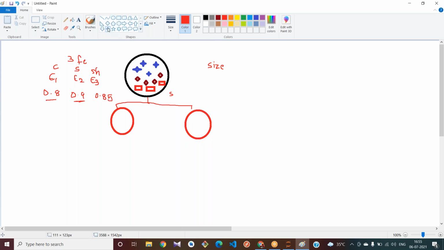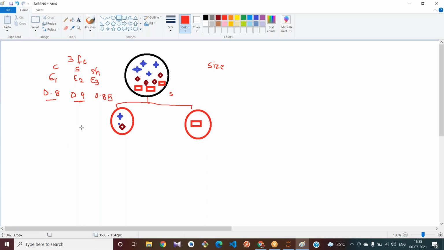Let me take this one here. This blue colored and brown colored will come into one group and the red colored will come into the other group.